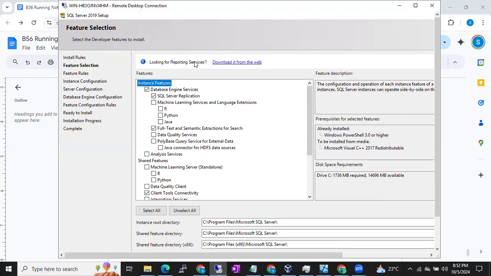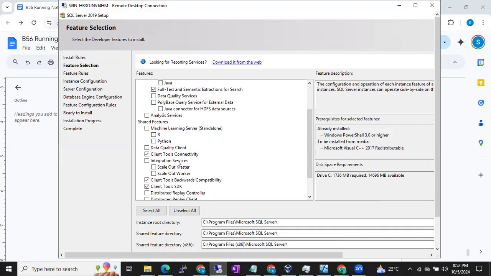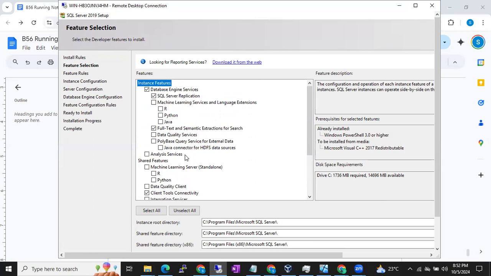Actually, before 2016, everything is included in the feature section. Analysis Services and Reporting Services, you can see in the specific feature section. Integration Services, you can see in the shared feature section. But after 2016, Reporting Services is separated. If you want to install Reporting Services, guys,